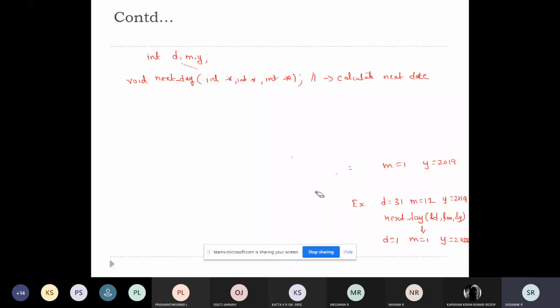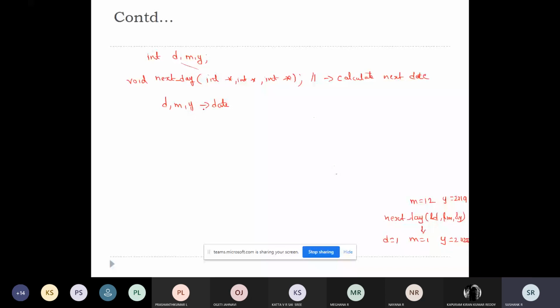So what is the problem with this approach? Even though you are getting the right answers, there are some limitations. You can see that D, M, Y belong to the date group, so a change in one value will affect the value of the other two.